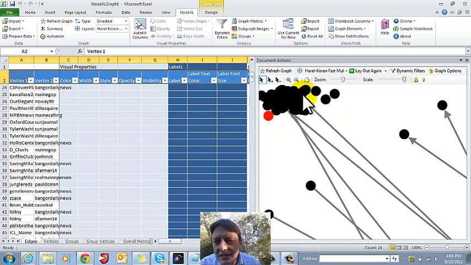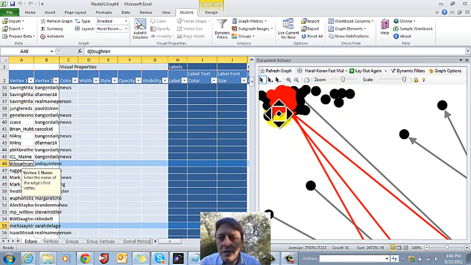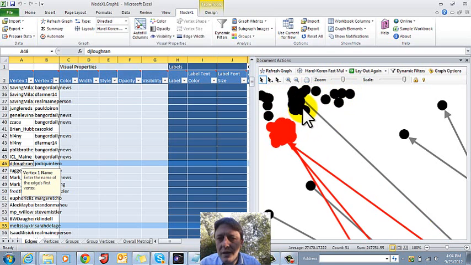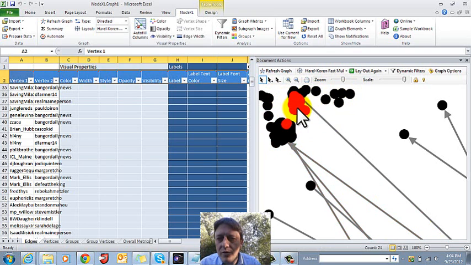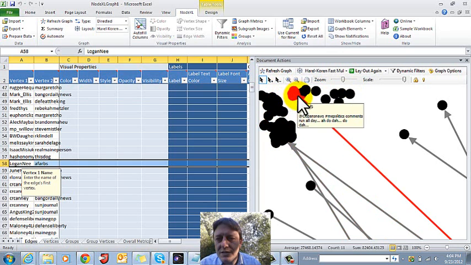Why am I removing the isolates? Because they really aren't central to the graph. I'm arranging it. And yes, this sometimes can be a bit of a bear of a process, but I'm working through it. I'm selecting them by dragging, and I'm moving them around until I finally get the few ones here